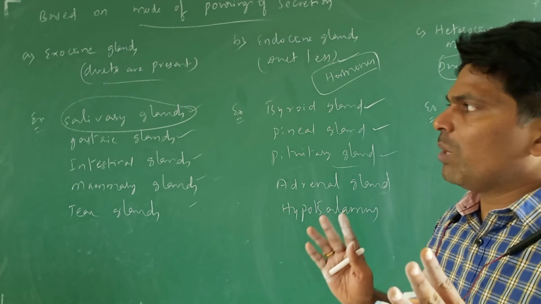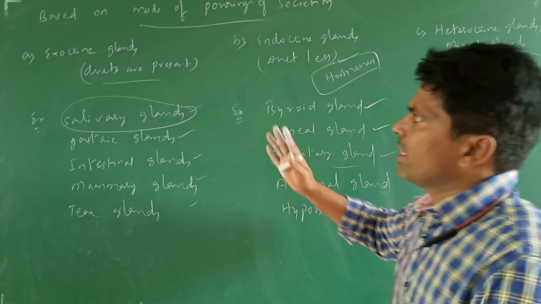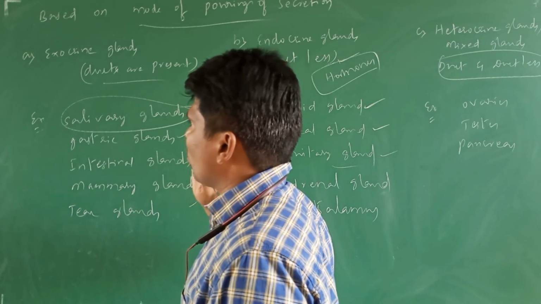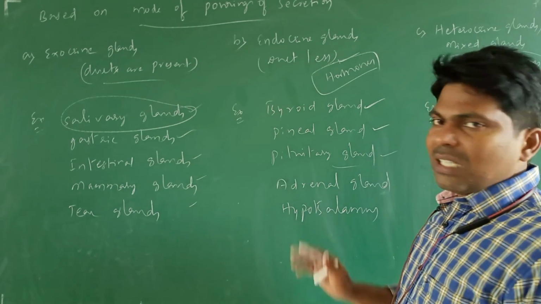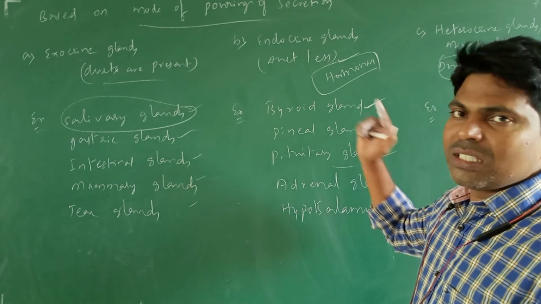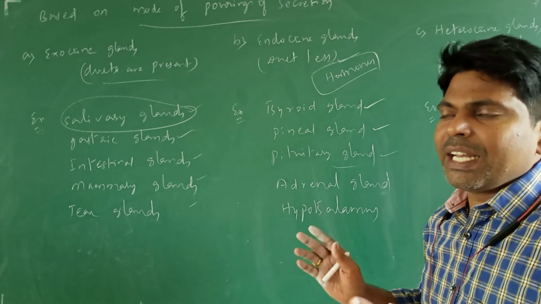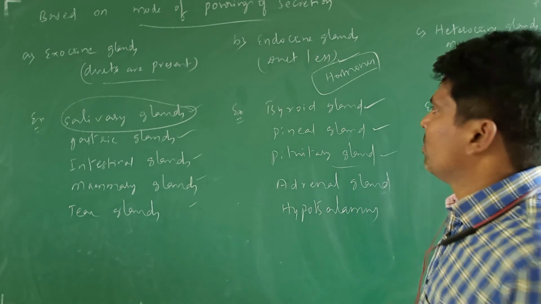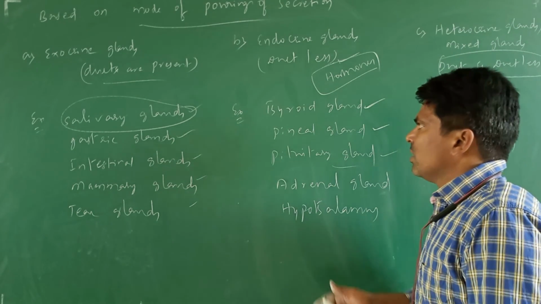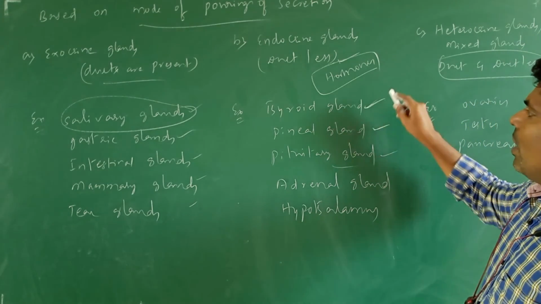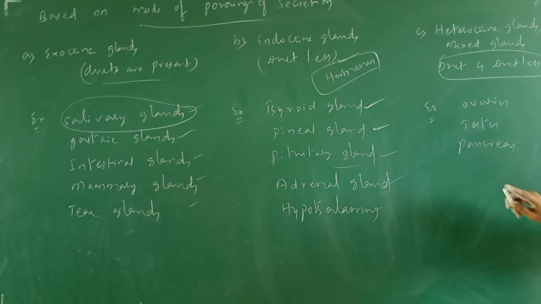There are many things here, and at this point you may get confused. Slowly, you will be able to understand. Please try to understand. Exocrine glands have ducts present, through which they release their secretion into that particular place. Endocrine glands are ductless; ducts are absent. Their secretions are hormones, which they always secrete into the bloodstream. That's why they are ductless. Examples are all the hormonal glands: thyroid gland, pineal gland, pituitary gland, adrenal gland, hypothalamus.